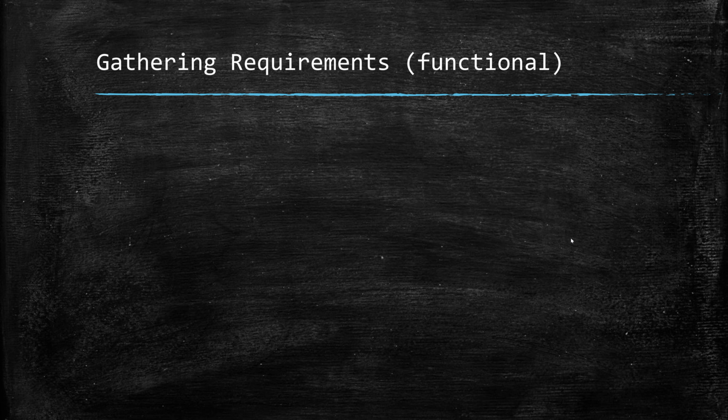Now, gathering requirements. So this is about functional requirements, specifically actions that the system should perform. A functional requirement is an action that a user should be able to perform. Ask this question to yourself: what can users do? For example, for designing something like Twitter, I have given here two examples of functional requirements: